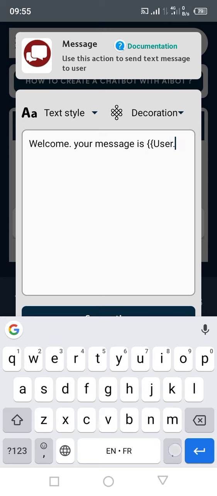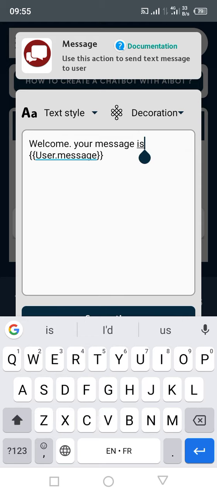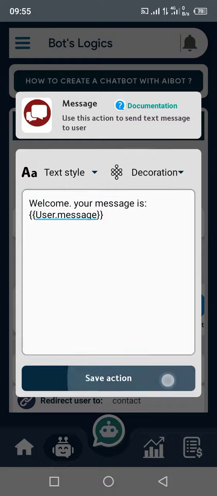The first variable is a default variable, so you can also create your own variable. We will see that in the next step of this video. So if I enter this syntax, user point message, like that, the bot will replace it with the user's input. I will save it,